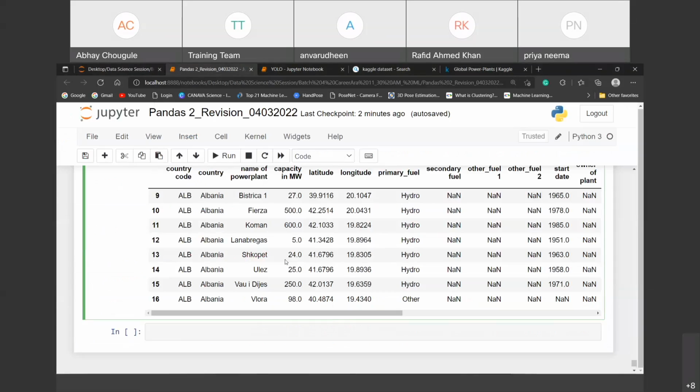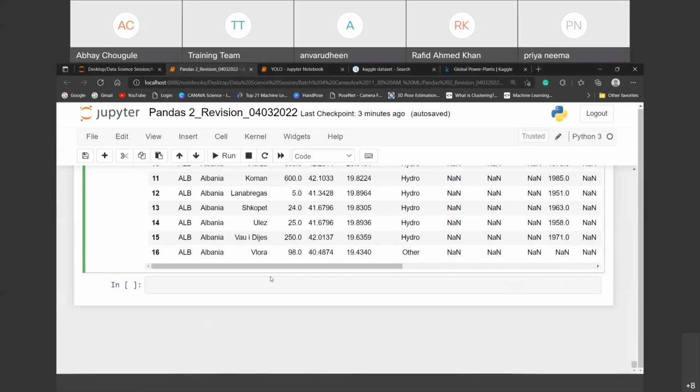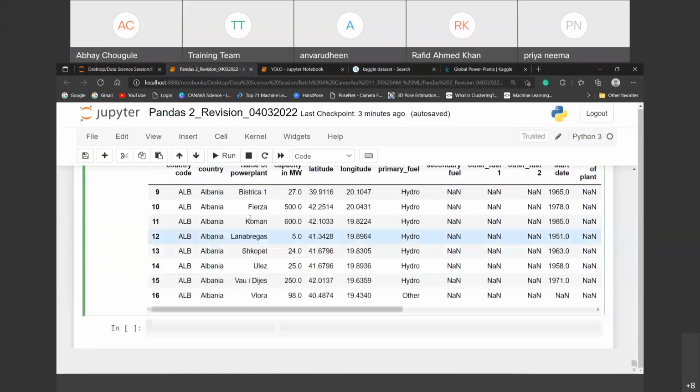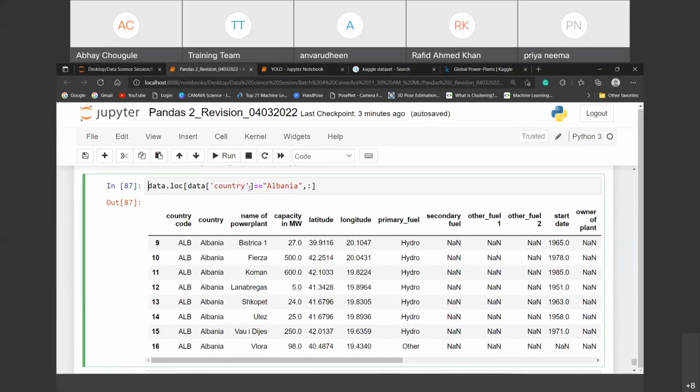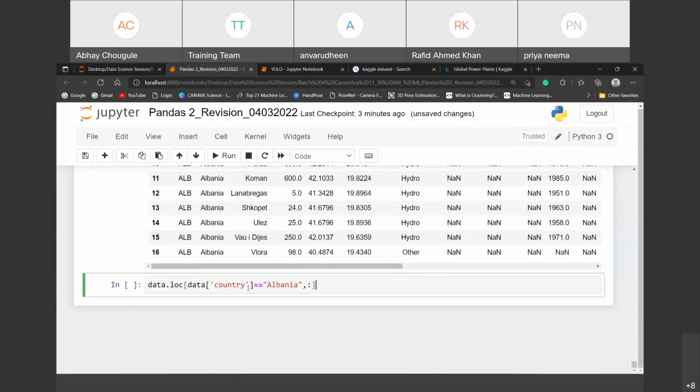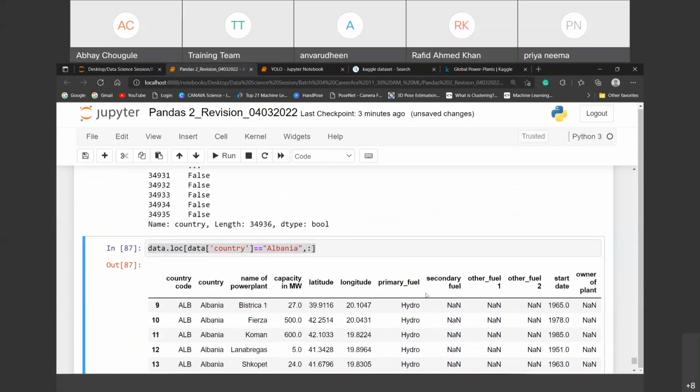Some points I'm going to tell you, some points I'm going to show you. Suppose the way I'm getting this conditionally, you can pass the variable values as well. So this is the last example of this one. I'm taking this, and suppose if I'm taking